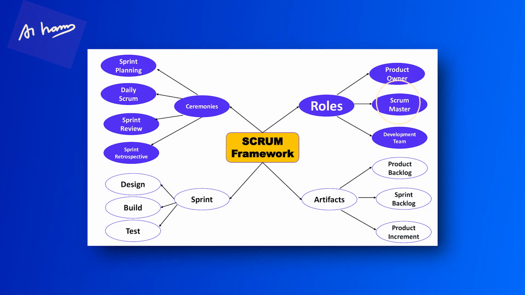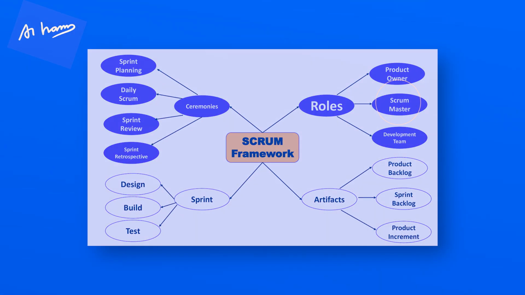Next one is Scrum Master. A Scrum Master is a person who ensures that people learn about Agile, who manages a sprint, and who ensures that people are actually held accountable for what they are doing, right? And he also promotes Agile in the organization. Okay, he is a promoter of Scrum, he is a promoter of Agile, and he facilitates all the meetings. That's it, Scrum Master.